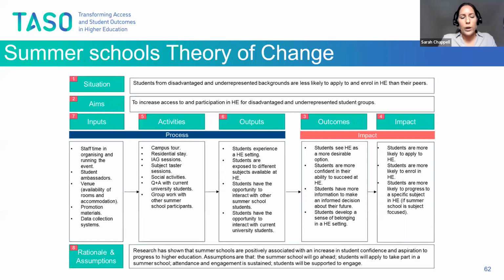And then finally, we have a certain rationale and assumptions. So based on previous research, we know that summer schools are positively associated with particular outcomes related to HE. So that's our rationale as to why we're carrying out this study. But we also need key assumptions to be met. So we need to make sure the summer school goes ahead. We need to make sure students are taking part, that they're engaged, that they attend, and that they're supported to